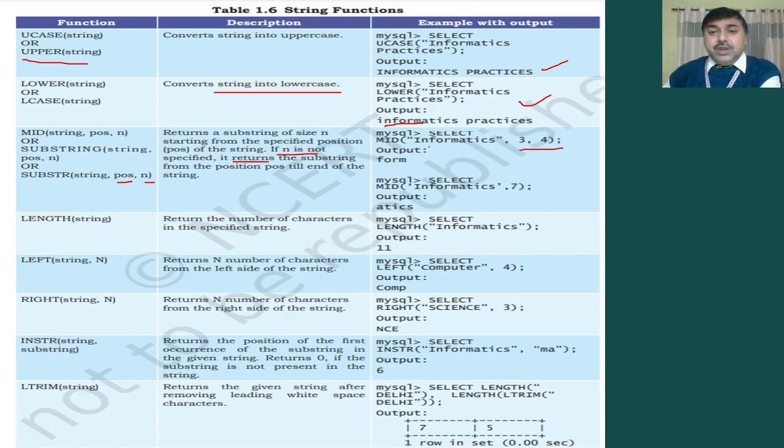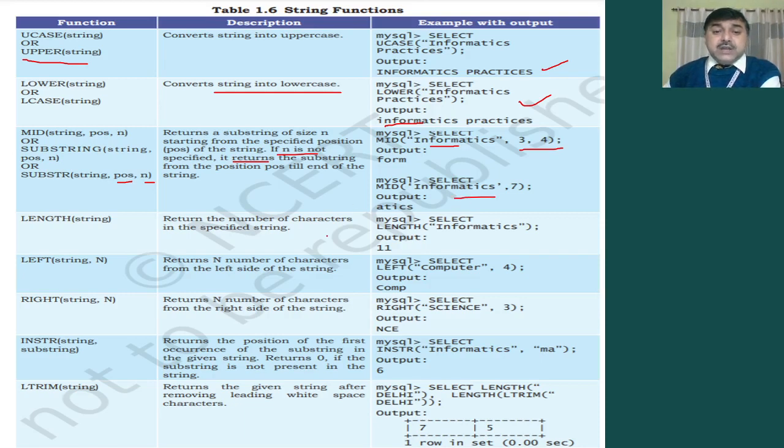So from 3, 1 2 3, up to how many characters? 4, so 1 2 3 and 4. That means up to this much it will print. So from the mid value it will take and print.